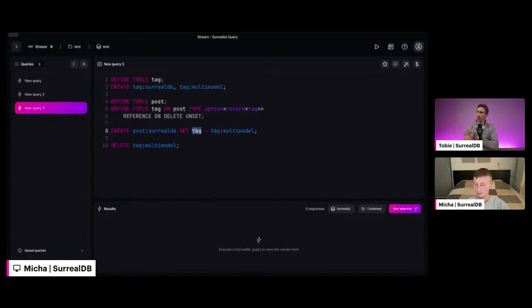So we've got the ability for references to work at the base of the document, or in arbitrary depth objects and arrays. We have the ability for prevention of deletes, so rejection. We have the ability for cascading of deletes, so deleting continuously up the chain. We have the ability to ignore, which is the default right now, where you're ignoring referential integrity guarantees. And then we have the ability to unset a field, which is an optional field,